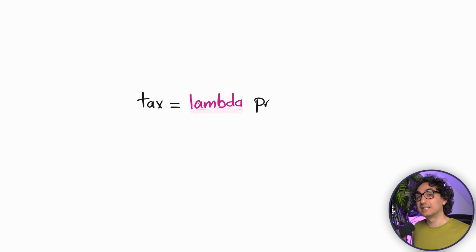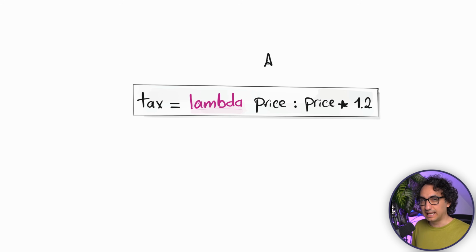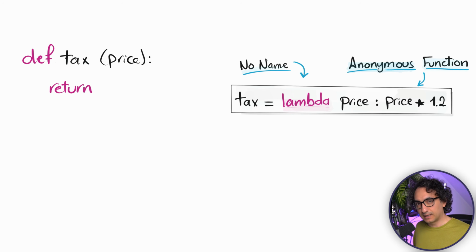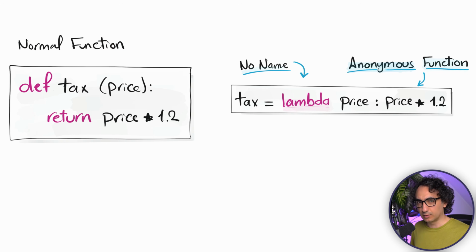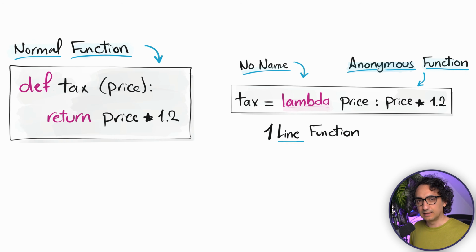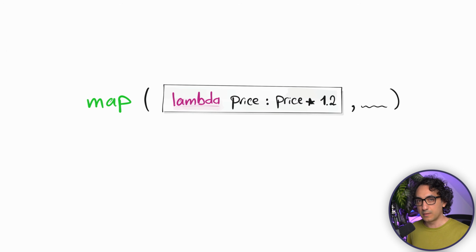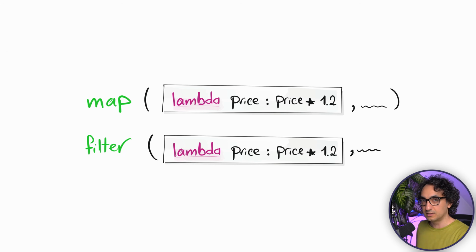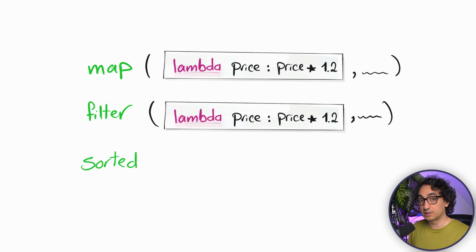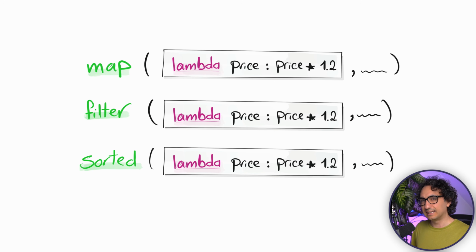The Lambda function is actually a tiny function without a name, and we also call it an anonymous function. So instead of building a whole function, we have a short way, a shortcut. With one line you can define a whole function, and you will see Lambda is used a lot together with the other data structure functions like map, filter, and sorts, in order to do extra complicated logic on top of your data structure like the list.